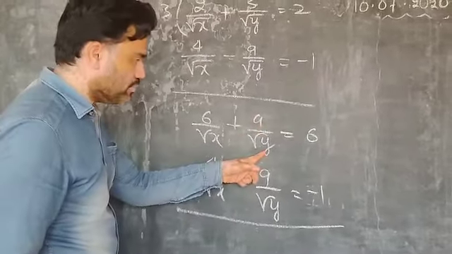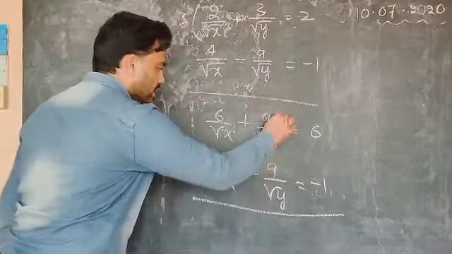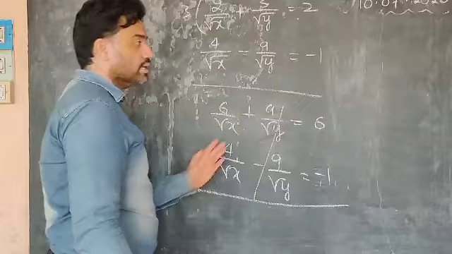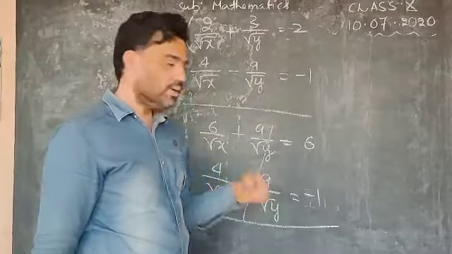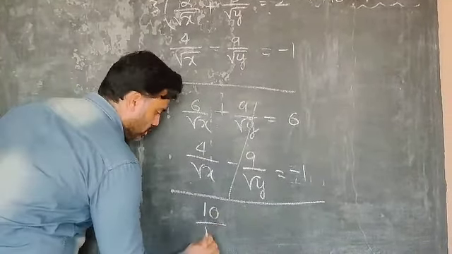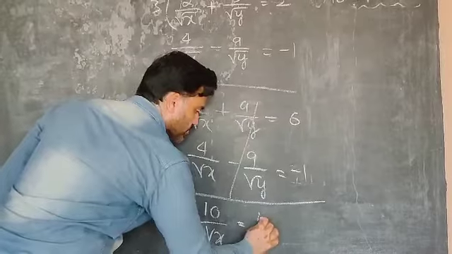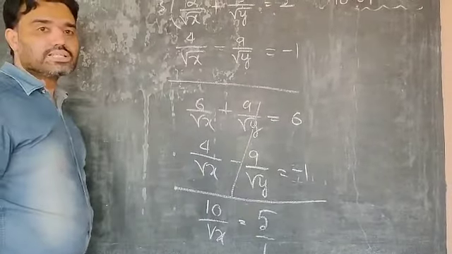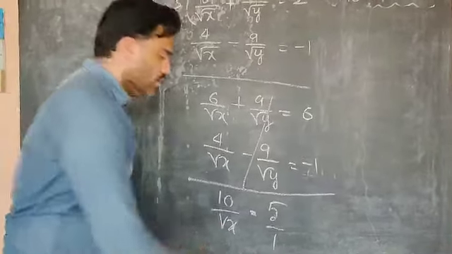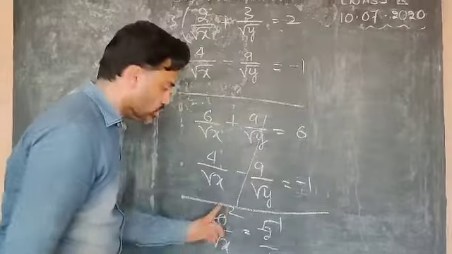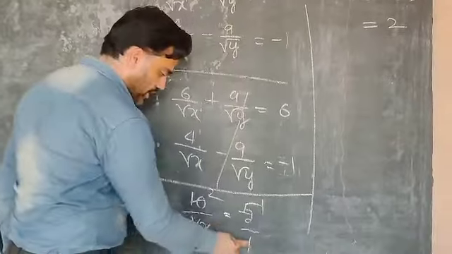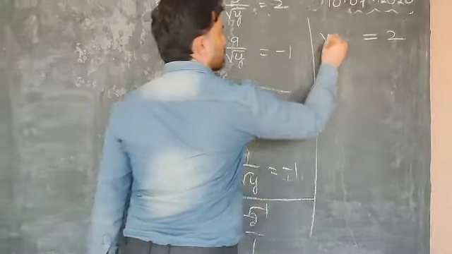See here, plus 9 by root y minus 9 by root y, so they get cancelled. Very easy. Denominator is same, LCM is same, so you can add now. Earlier in the last problem LCM is not same, we took LCM. So that is 10 by root x. 6 minus 1 is 5. Children, what I told you in the last problem, if it is equals to, you can cancel numerator, denominator. 5 ones, 5 twos. So 2 into 1, 2. Next 1 into root x.